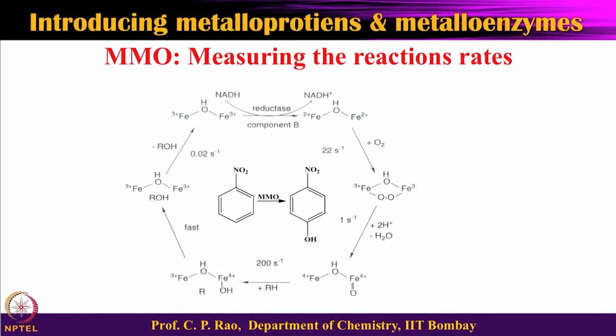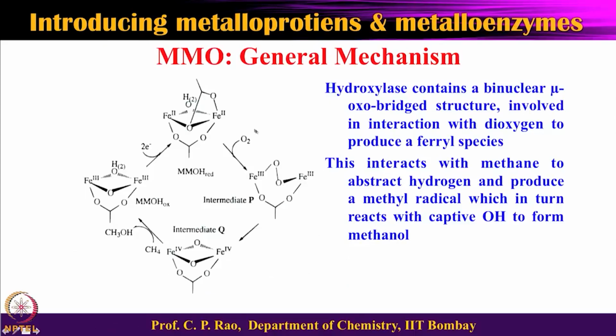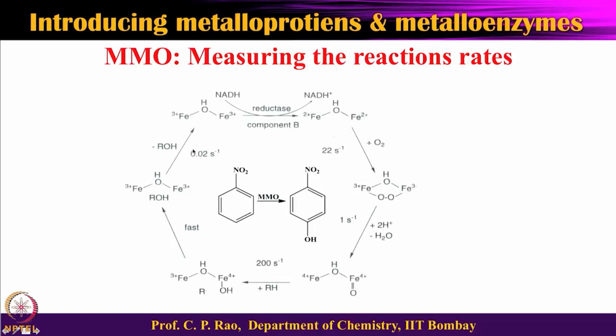So, with the heme, what have we seen? Ferryl. Without the heme, in methane monooxygenase, again ferryl. So, the ferryl seems to be very important. And here, what are the steps? Isolated intermediate P, intermediate Q, these are all understood ones. Okay, having understood the